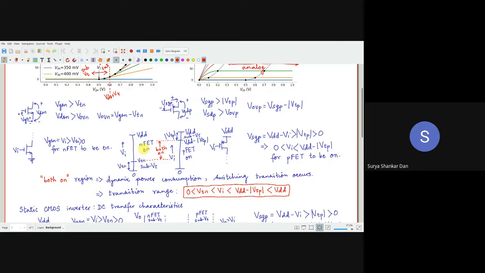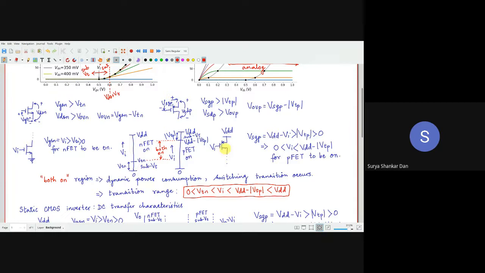Excellent. As I said, your smartphone battery charge will live forever. It never does. It finishes off in 1 or 2 days. Correct? Everyone has a smartphone nowadays. So sub-VT is very important. We will analyze this from the circuit perspective in this course. तो यहाँ पर ये सब थ्रेशोल्ड है, लीकेजेस होंगे. तो बियॉन्ड VT टू VDD एनफेट इज ऑन. एक्सेलेंट, कूल. अभी हम आते हैं पीफेट के लिए.